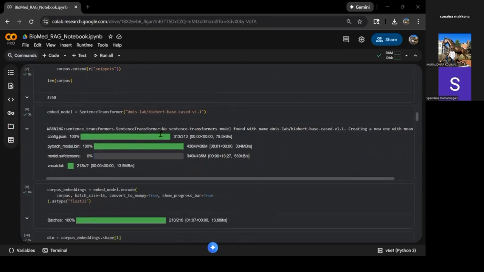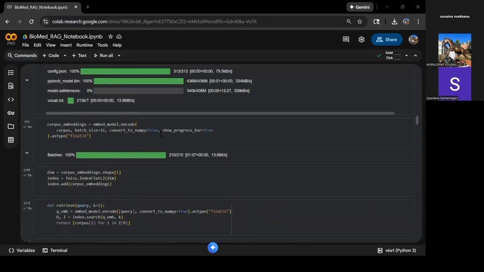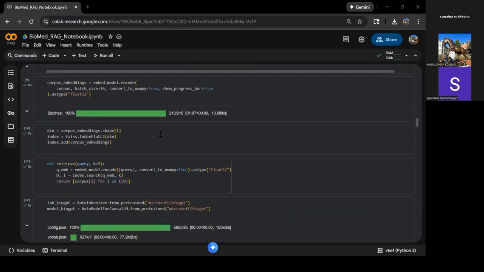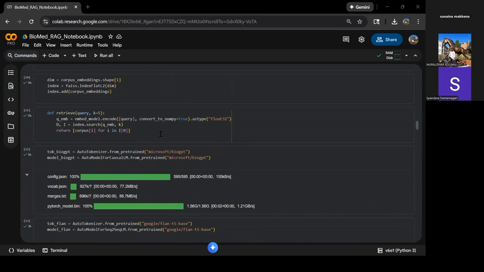Then we generate the embeddings using BioBERT. We converted every single snippet into a numerical embedding. Since BioBERT is trained on biomedical text, it captures domain-specific meanings accurately. After that, we have created a FAISS index, which enables faster nearest neighbor search to find the most relevant biomedical passage for each question. Then come the retrieval functions. We used a custom retrieval function for the top k most relevant passages for any query by comparing